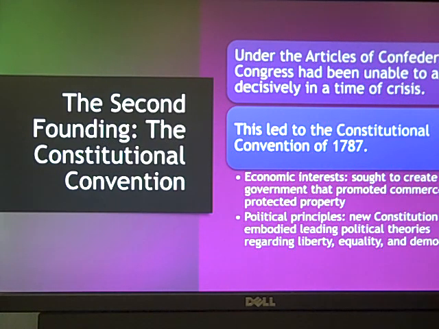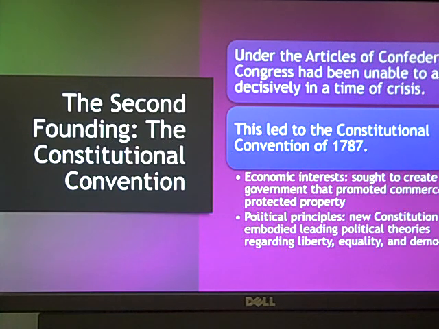Here's the thing. Initially, they just wanted to fix the Articles of Confederation. That's it. We're just going to fix them. The problem is, many problems. In order to fix the Articles of Confederation, you had to have unanimous consent. We know what unanimous consent means? It means everybody agrees. Right? Do you know how hard it is to get everybody to agree on something? We can't get everybody to agree that the earth is round. Do you realize then how hard it is to get everybody to agree on abstract political ideals?